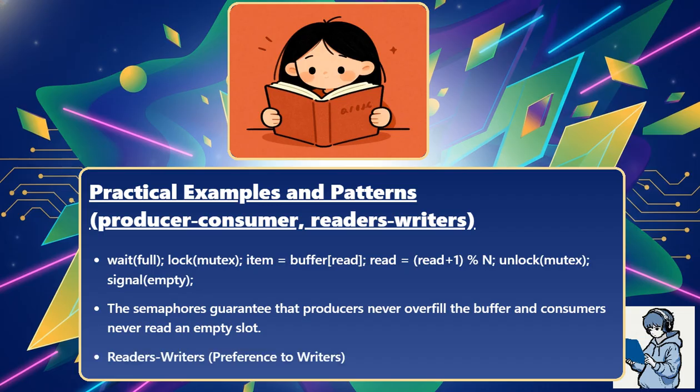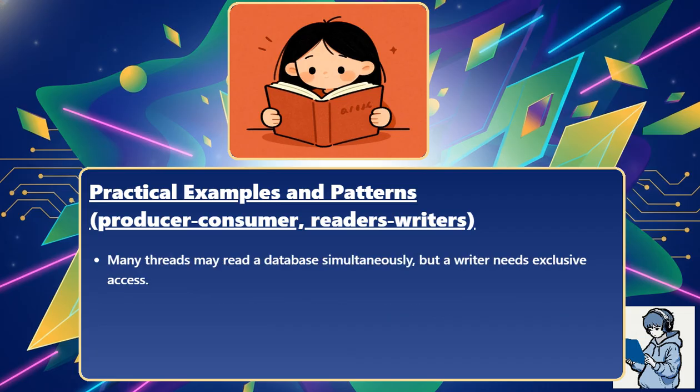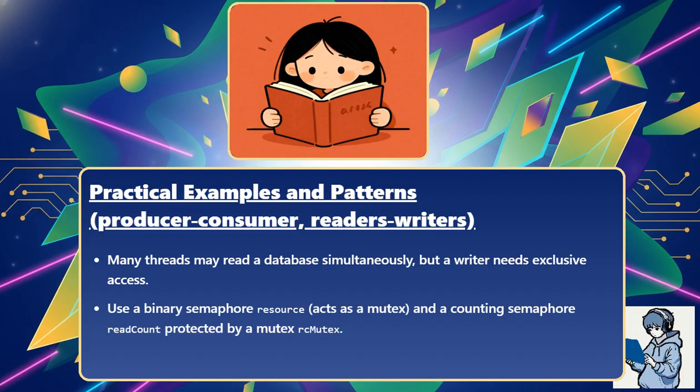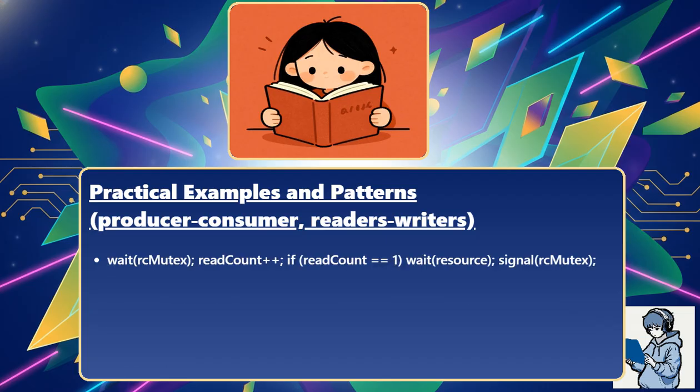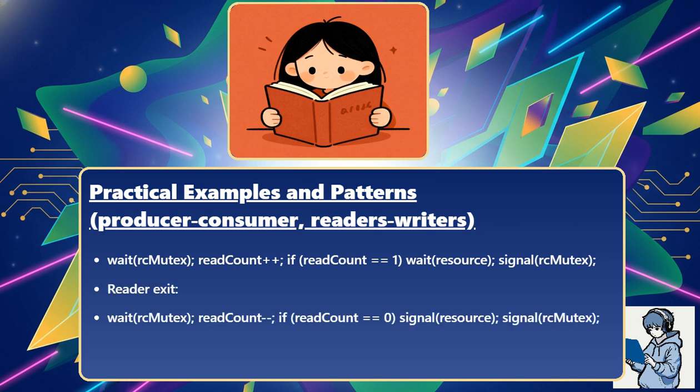Readers-writers, preference to writers. Many threads may read a database simultaneously, but a writer needs exclusive access. Use a binary semaphore resource, which acts as a mutex, and a counting semaphore readcount protected by a mutex, rc_mutex. Reader entry: wait(rc_mutex), readcount + 1, if readcount equals 1 then wait(resource), signal(rc_mutex). Reader exit: wait(rc_mutex), readcount - 1, if readcount equals 0 then signal(resource), signal(rc_mutex). Writer simply does